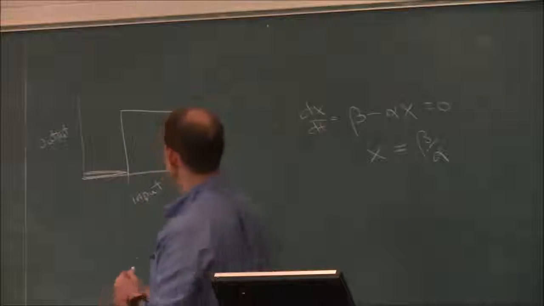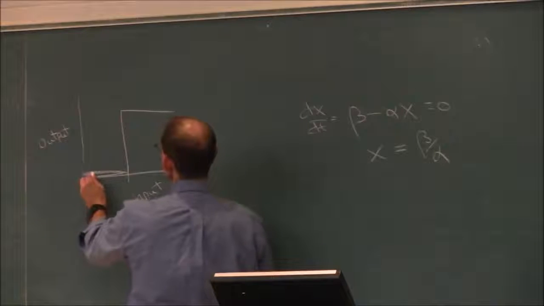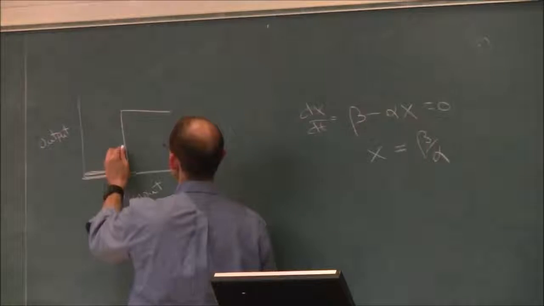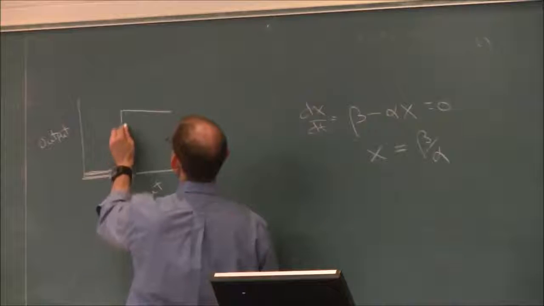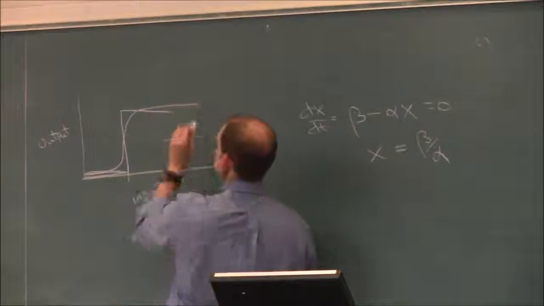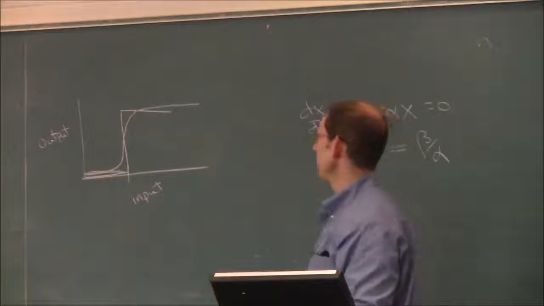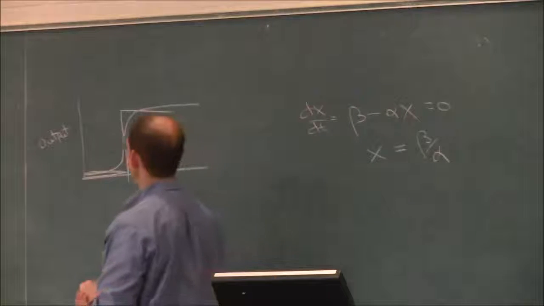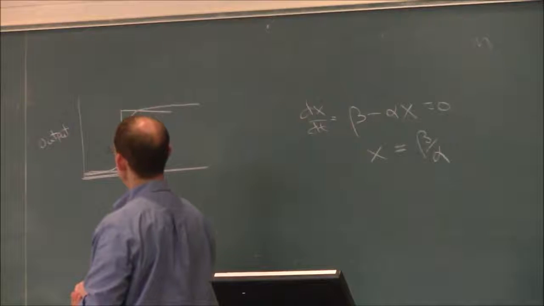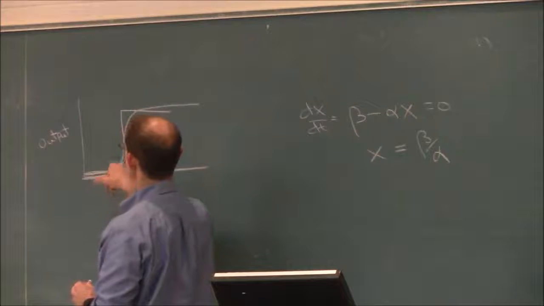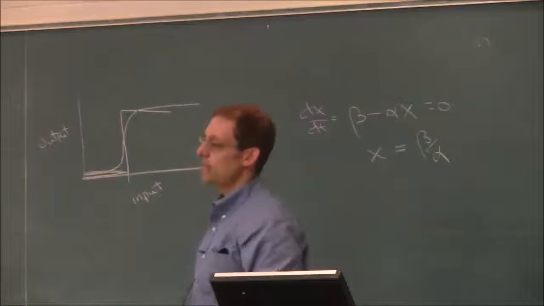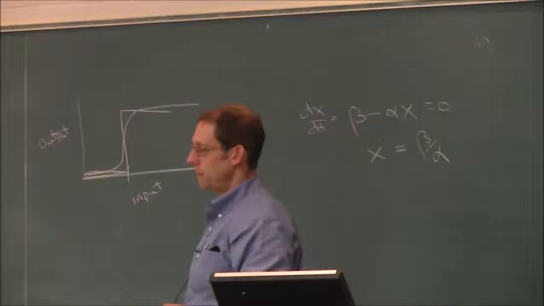In biological systems, instead of it being a sharp transition, it's a smoother transition. And then on the high end, maybe the output still continues to rise a little. But for the analyses that we'll do, often the threshold type behavior is a good approximation.